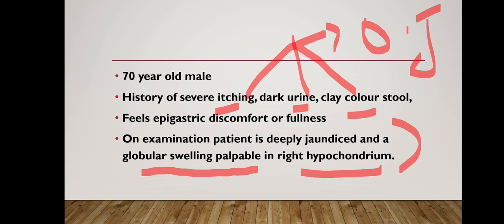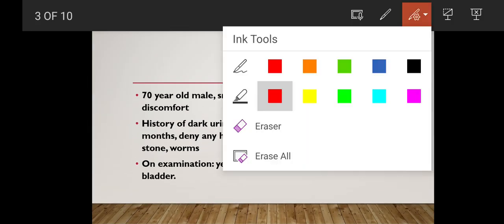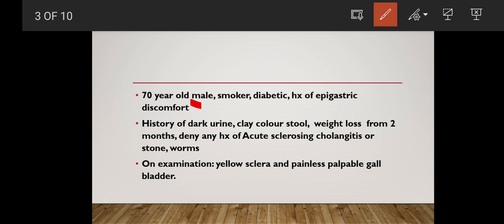As the patient is old, there is obstructive jaundice, and there is epigastric discomfort, so we can suspect some malignancy in this patient. Moving towards our second scenario, there is again a history of an old male who is a smoker. First of all, the age is more. Second, the patient is a smoker, he is diabetic, there is history of epigastric discomfort, he is giving history of dark